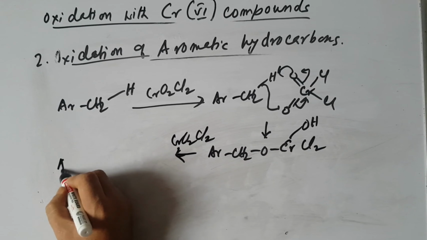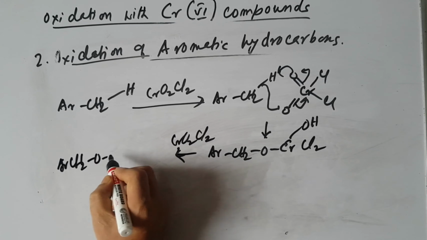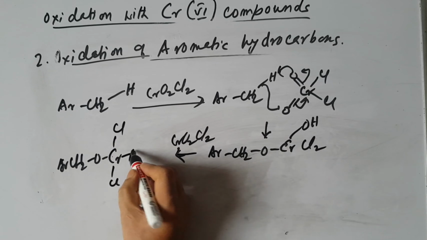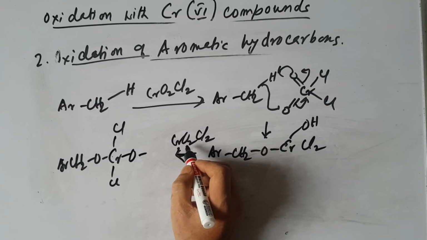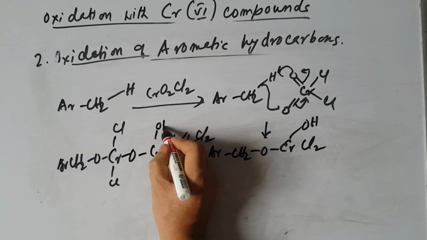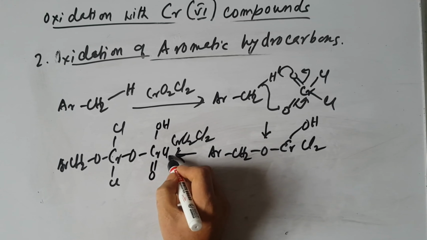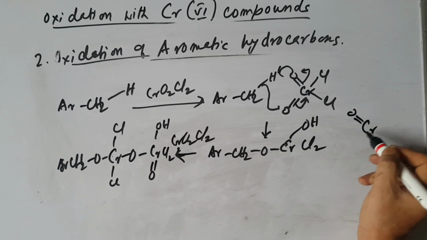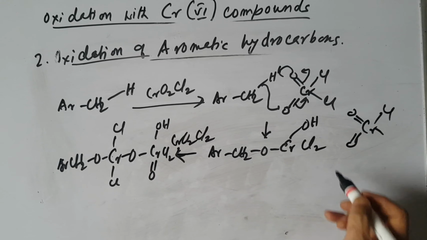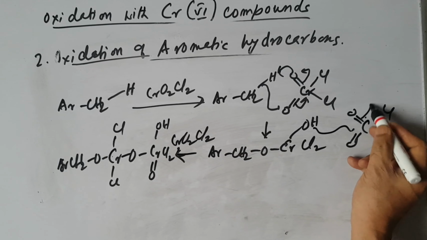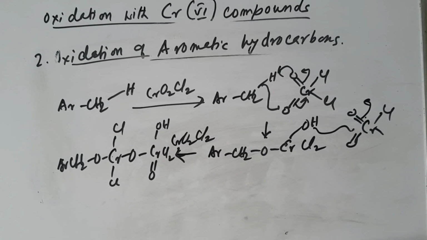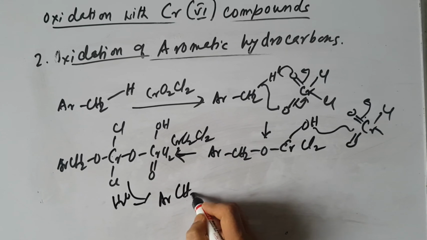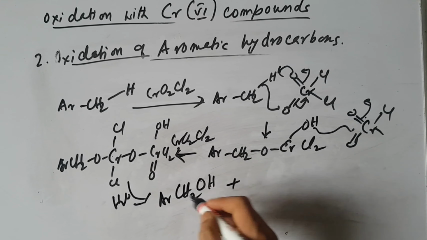So we can have ArCH2-O-Cr, with the two chlorides here, and the O attacks another chromium, so here OH and the one O, Cl2. Another O attacks this chromium chloride, like this, with Cl2. Now hydrolysis of this with water gives the alcohol, ArCH2OH, so the hydrocarbons